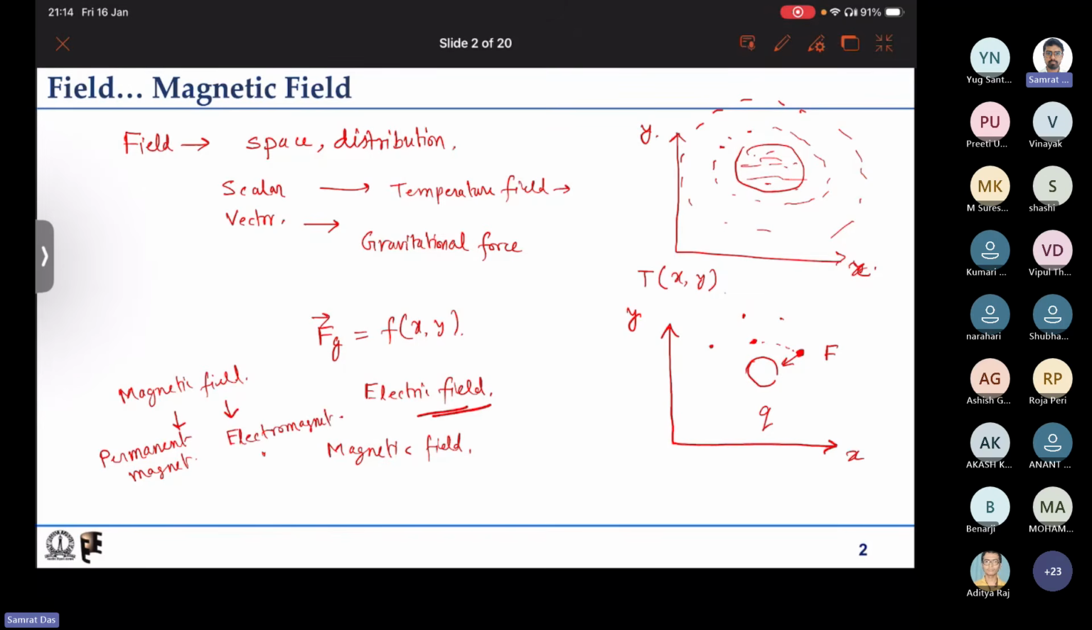So electromagnet, what is that? If we have some current flowing through any conductor, there will be certain electric or certain